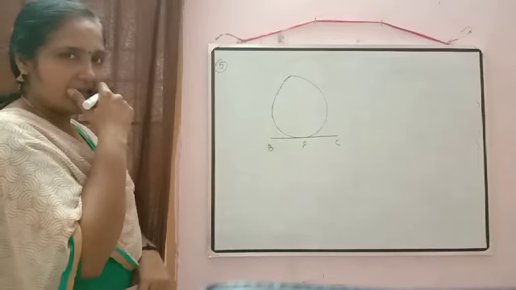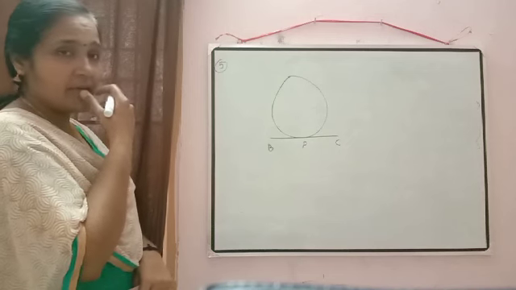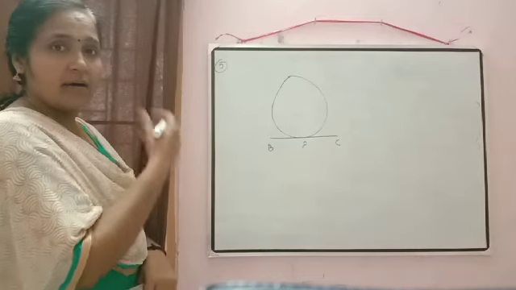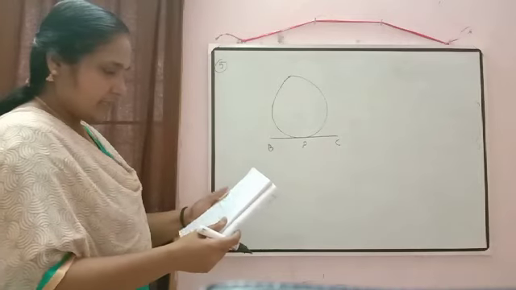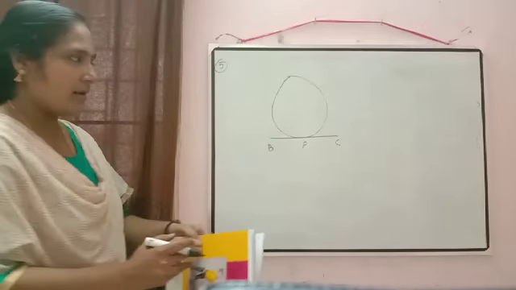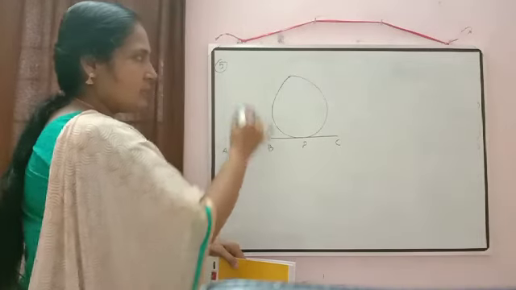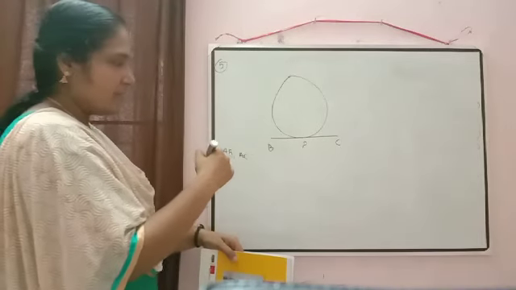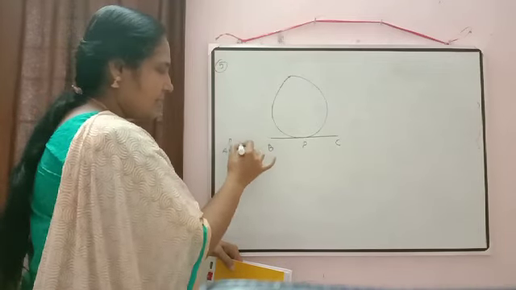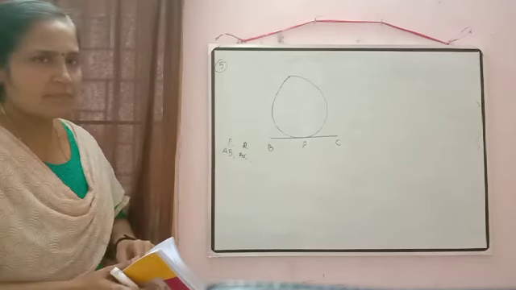So whether the diagram is correct? Touching AB and AC produced at Q and R. So how will we draw the diagram, where will the triangle come? Touching AB and AC produced at Q and R means when you draw AB and AC, at present they will not touch the circle. So when you extend, then they will touch the circle at Q and R there. So how will the diagram come?